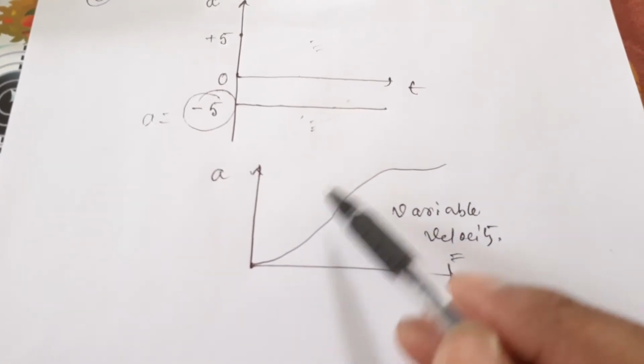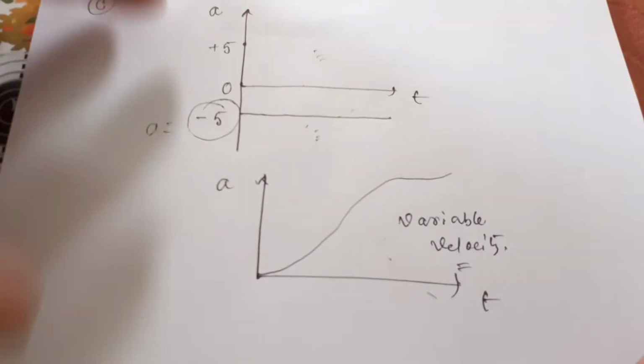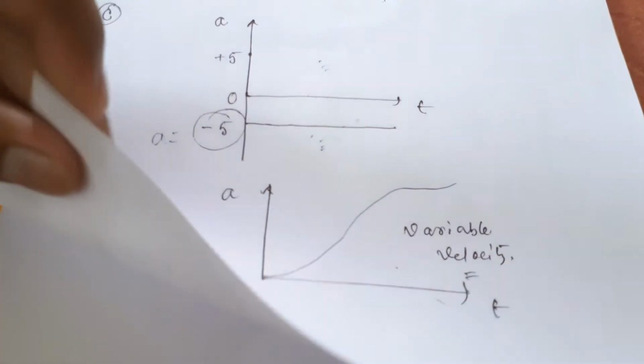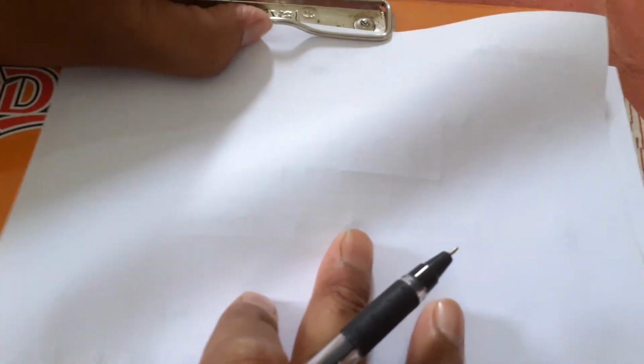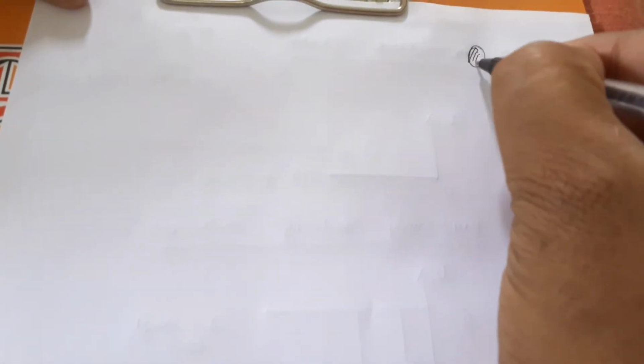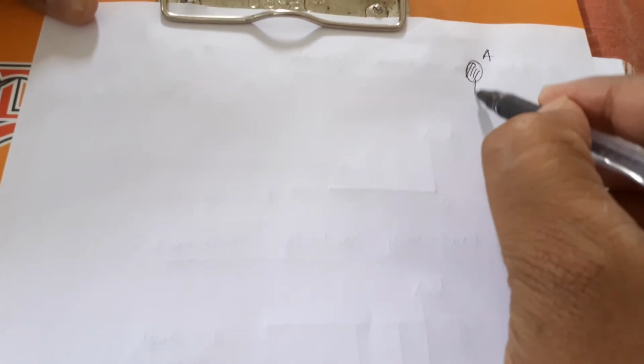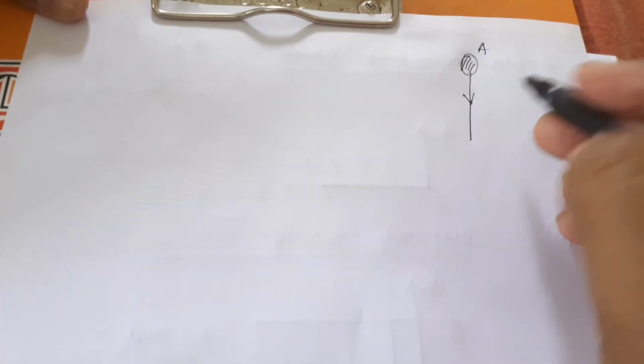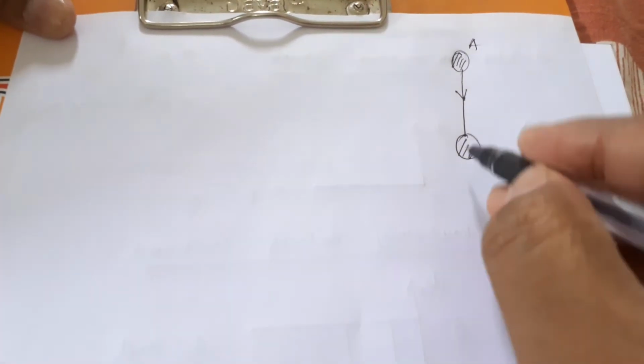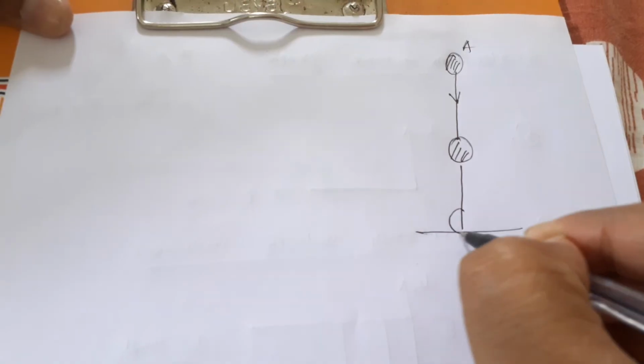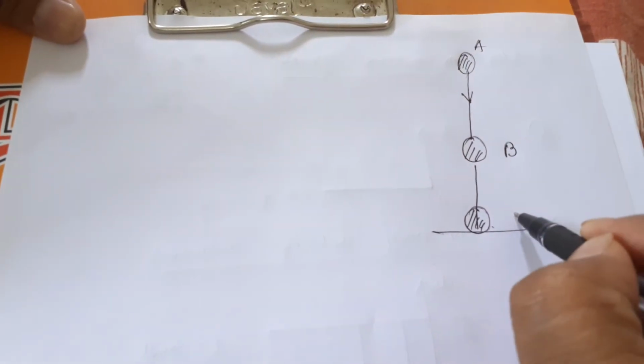It can be any type, if there will be any variable type of velocity. Next important thing of this chapter is gravity, or the motion under gravity. Suppose you are considering a ball A that is just falling from a certain height. Three conditions I am considering. So these are the three conditions. This is A position, this is B position, and this is C position.